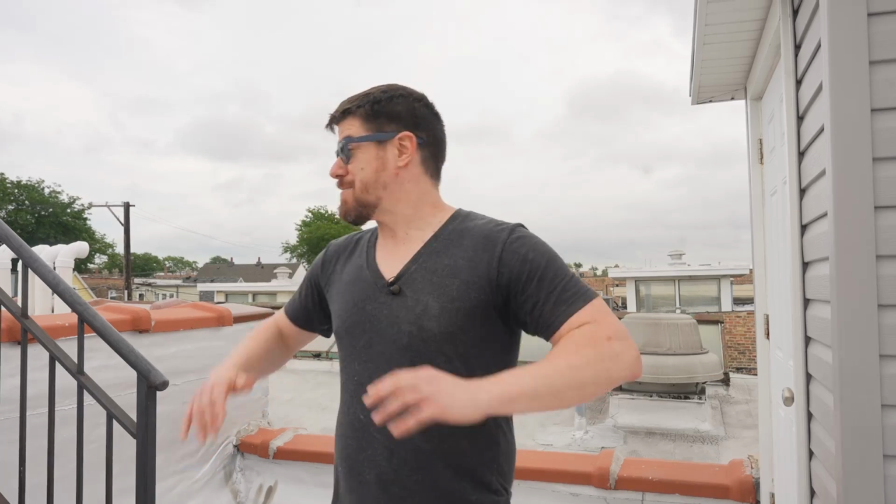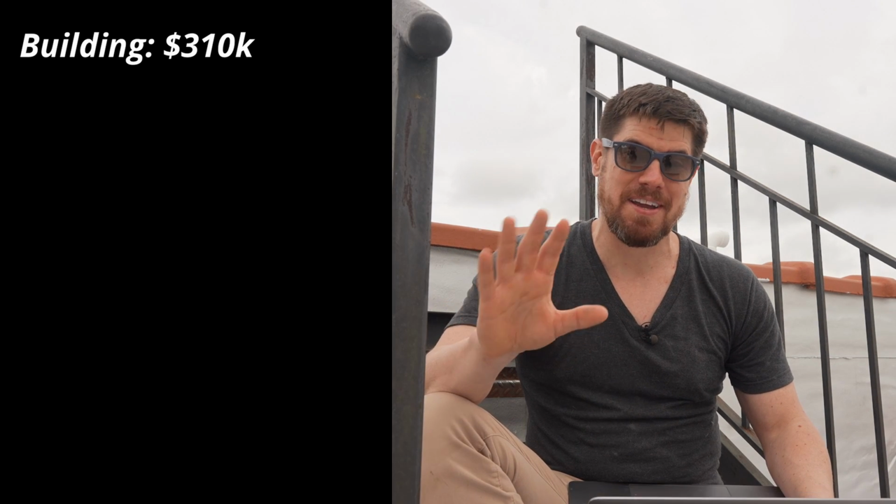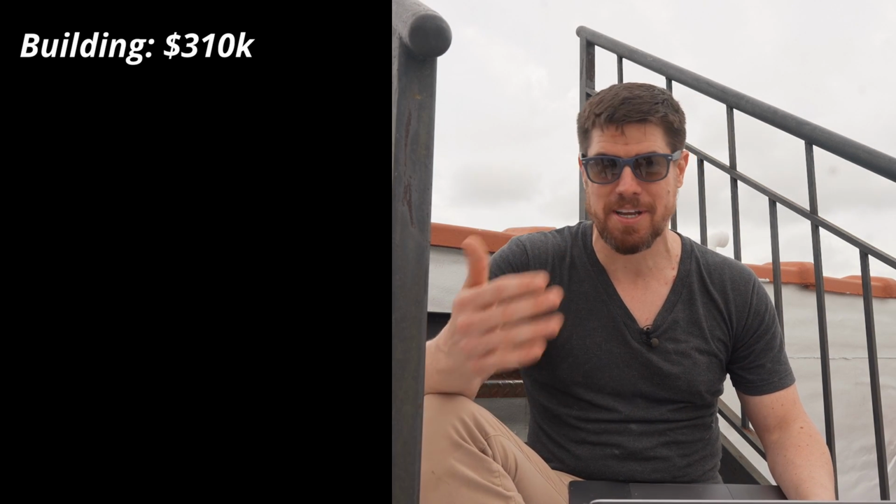So looking at this beautiful new roof, which was a not so beautiful, unexpected $55,000 cost, it's time to talk about how much this has cost me. I gotta get out my finances for this. Starting at the beginning, I paid $310,000 for the building, and that was all paid in cash out of my savings, money I'd saved up for